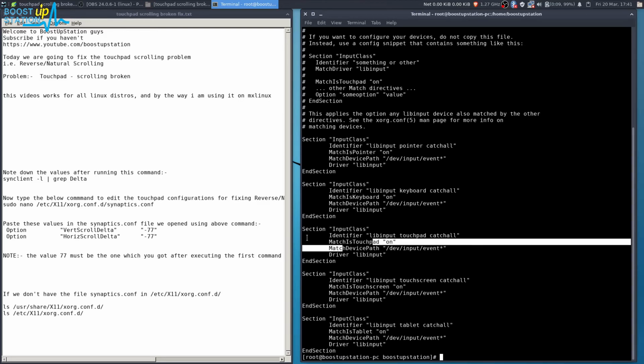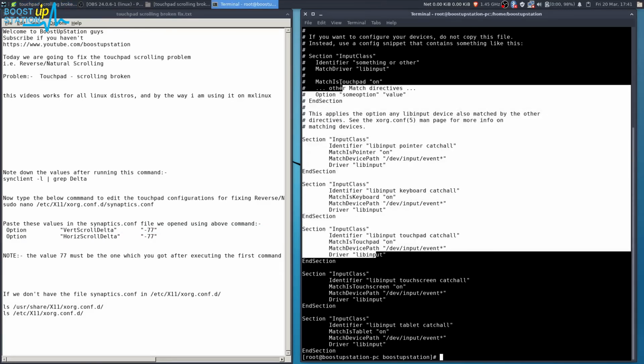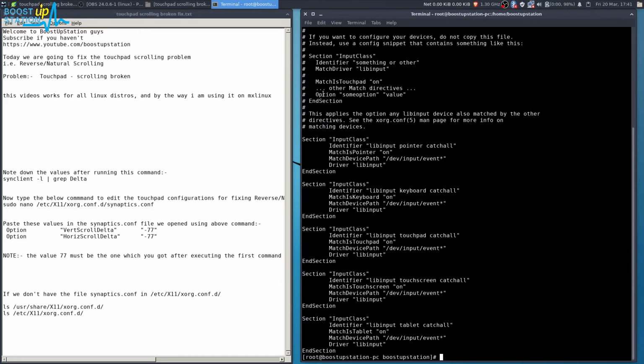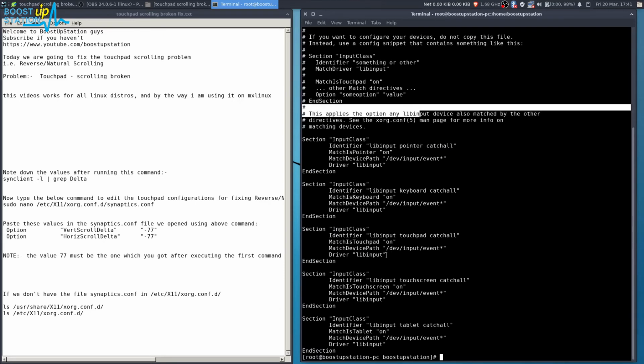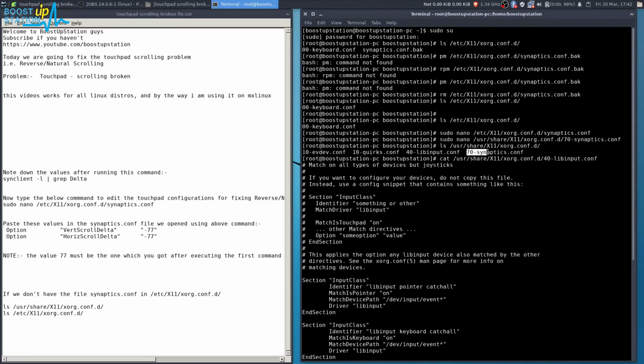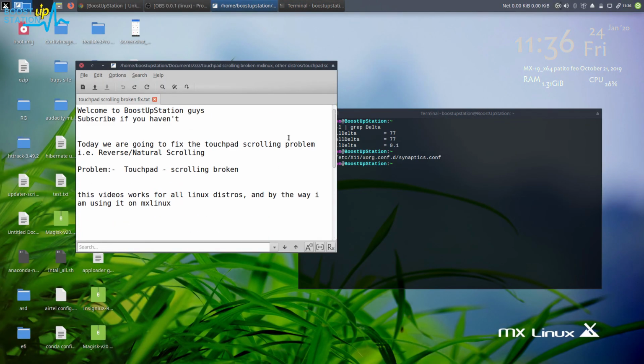So we have to paste these values right here after this line. If this file has highest integer of all of the files in that folder, okay, then you have to edit this file and place the values after this line in the touchpad. Okay, but here we had in this file, so we edited this file. Okay, now after doing this all, you have to restart your PC.